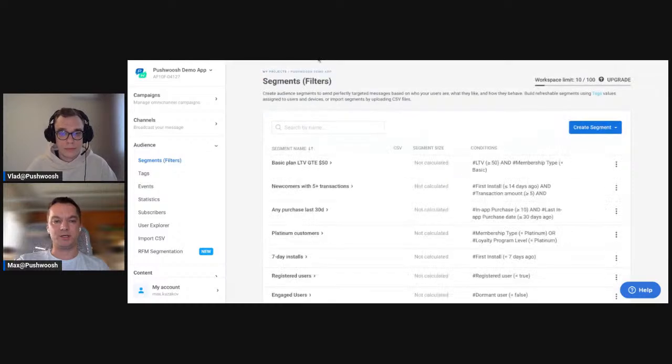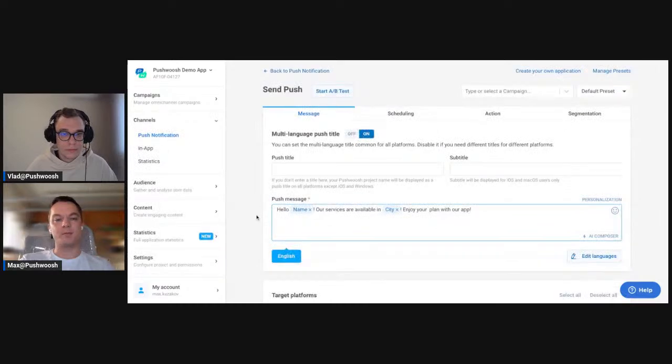That's the one thing. Now, speaking about the personalization, in this part of the interface, there is a well-known send push form. As you may know, it is possible to put together the message content, which may contain plain text, emojis, and so on and so forth. And also here we can add some dynamic content placeholders.